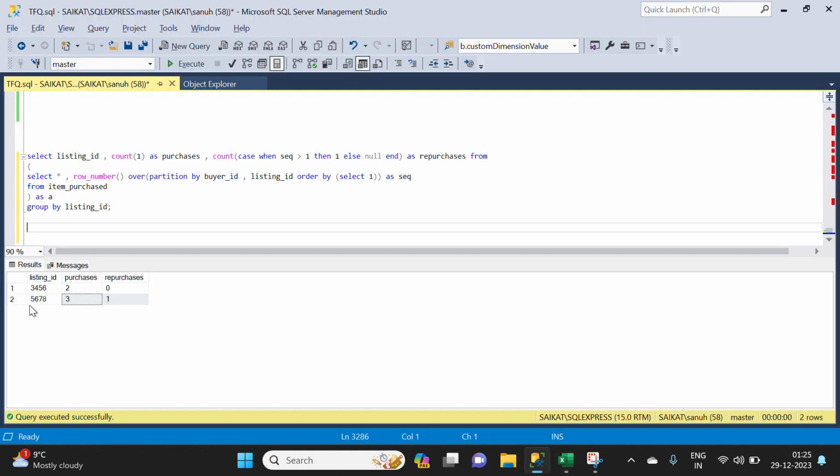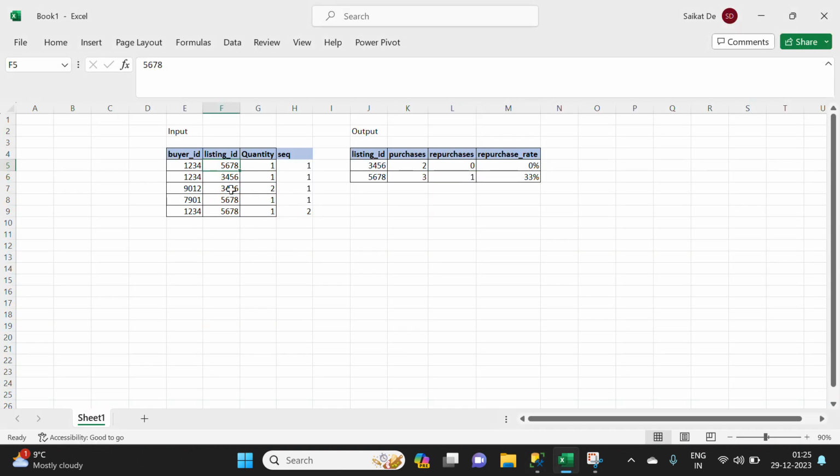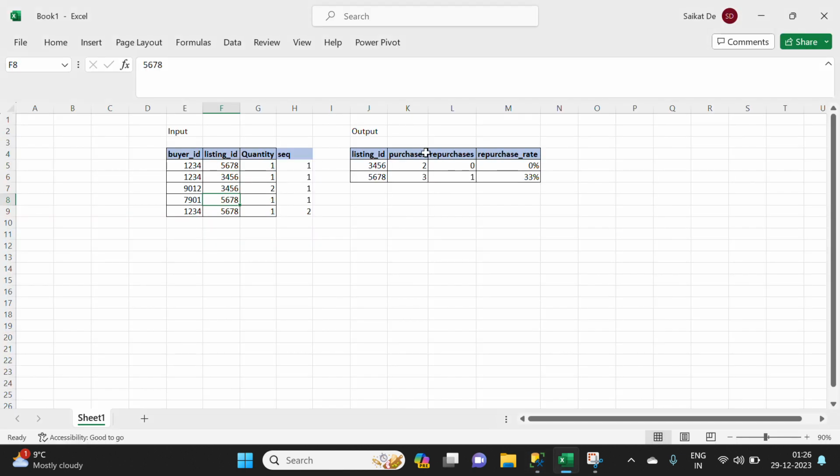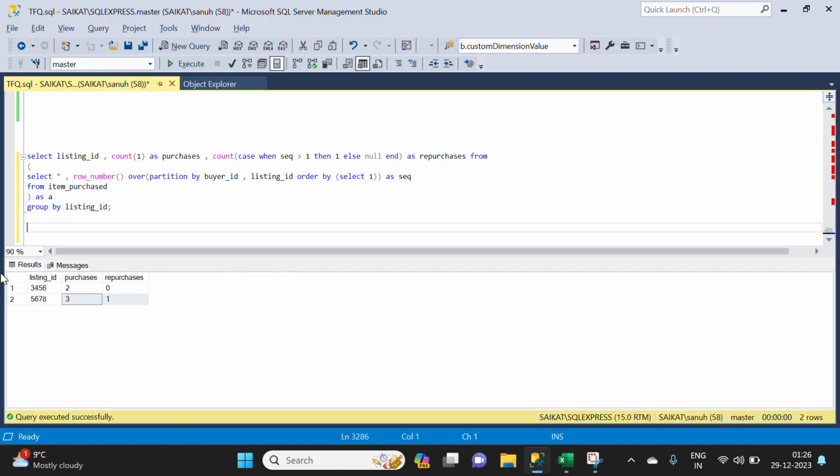So if you see, for 5, 6, 7, 8, we have 3 records. Sorry, for 5, 6, 7, 8, we have 3 purchases, right? And 1 repurchase, because this is the only one which is the repurchase, right? So we got that result, but we need to find out the repurchase rate. That's okay. How you can do this is